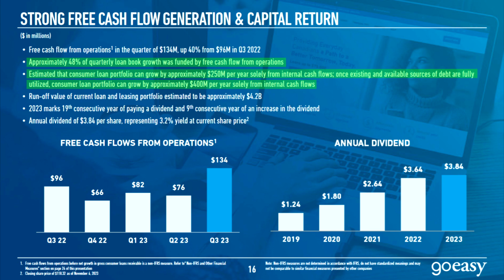And Goeasy is getting closer and closer to being able to achieve optimal growth solely from the net cash generated by the business. Plus, if the company did decide to focus strictly on paying down the debt, the company could be completely debt-free in under a year and a half. Though this would mean putting growth initiatives on the back burner, which probably isn't the best decision given the state